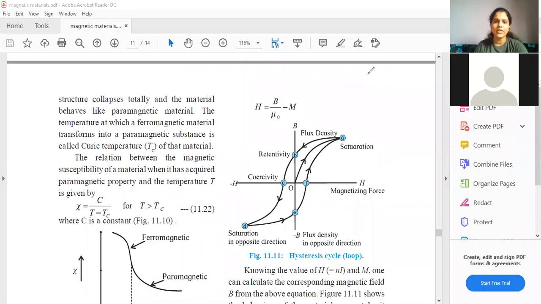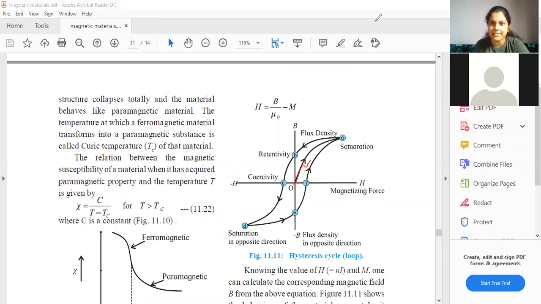Okay, so let us begin. Students, see, at the beginning, when nothing is happening, we keep the material inside the solenoid. So initially nothing is happening. Initially all the dipole moments inside the material are in random directions. After some time, they will be aligned in one direction, and we can see a net magnetic dipole moment of the material. You can concentrate on this part right now.